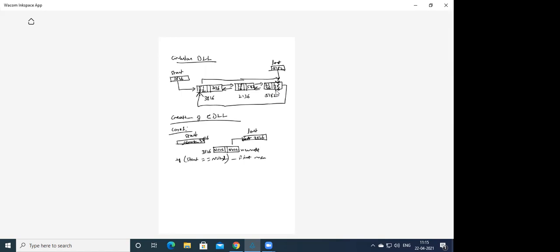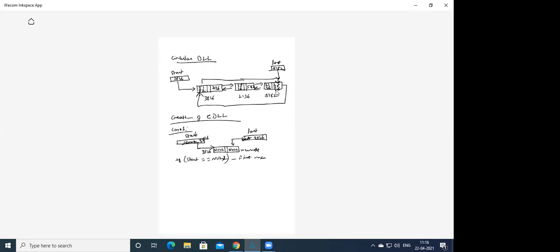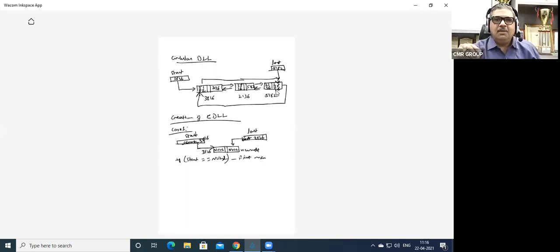This is your normal doubly linked list, and we are not changing any new node RPTR, LPTR is not being done. But what is new node RPTR always equal to? New node LPTR, RPTR is what? New node LPTR would be what? Now in this particular case, tell me what is new node LPTR?